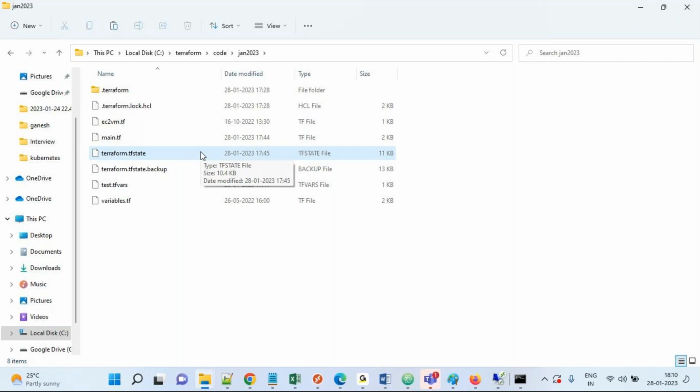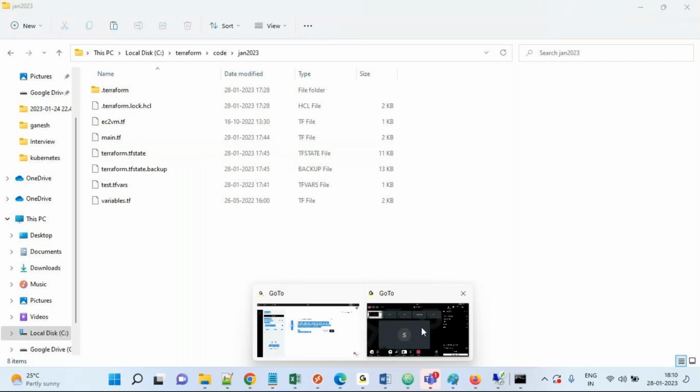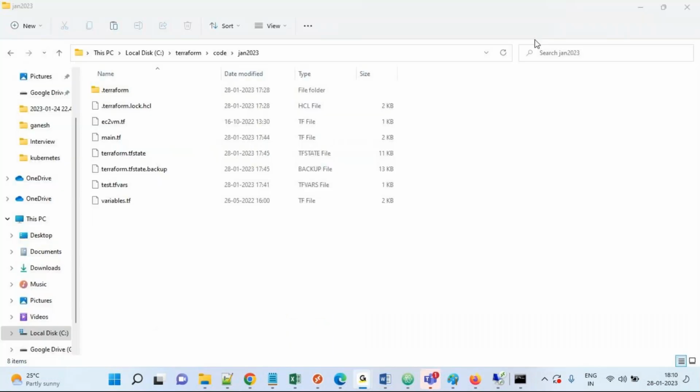Even people will ask in interviews, what is the TF state? It is one of the interview points. So obviously, TF state will contain all the metadata. It will be maintained under the TF state file,